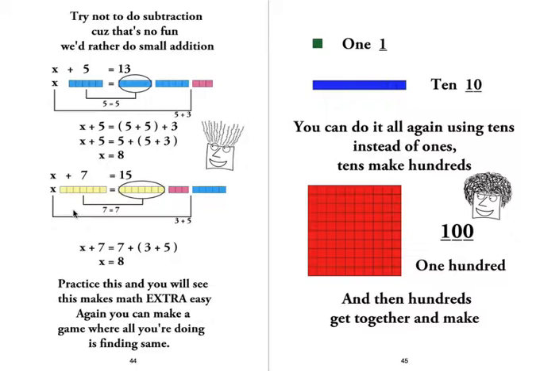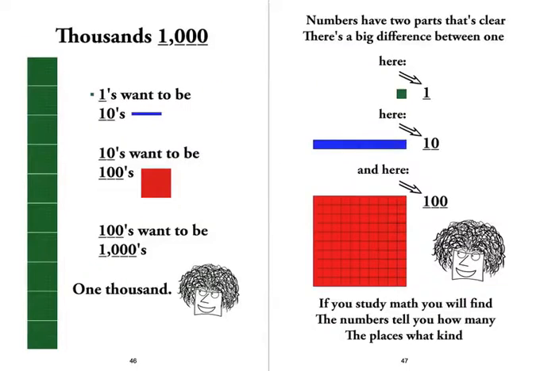Anyway, so now let's get the concept of the kinds and the names. So here's 1, here's a 10, and here's 100. You can do it all again by using 10s instead of 1s. 10s make hundreds. And then hundreds get together and make, what do they make? Thousands. 1s want to be 10s, 10s want to be hundreds, so you can play these exact same games, except